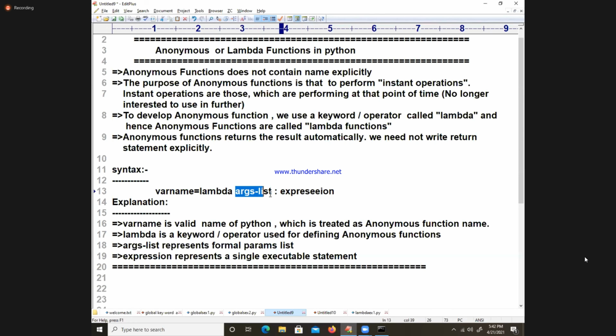These are called formal parameters. We do the operations on the formal parameters in the expression, so it can take anything. Dict, list, set, any variable you take, provided you need to do the operation on that argument list. Not at all difficult. So when you are passing this argument list, definitely there is no need to take any global variable.